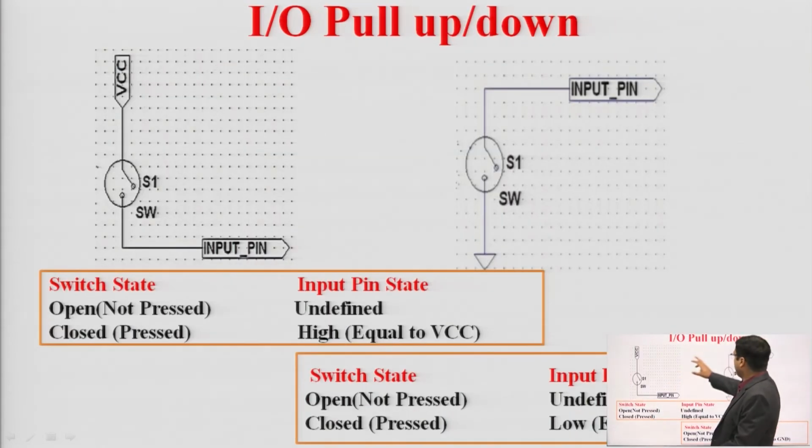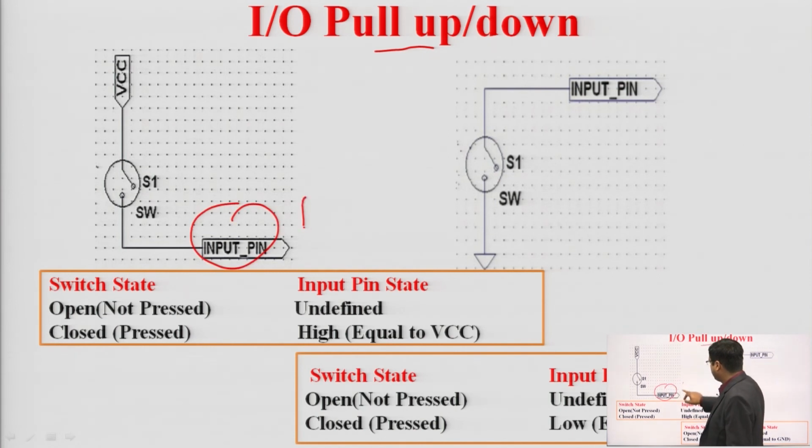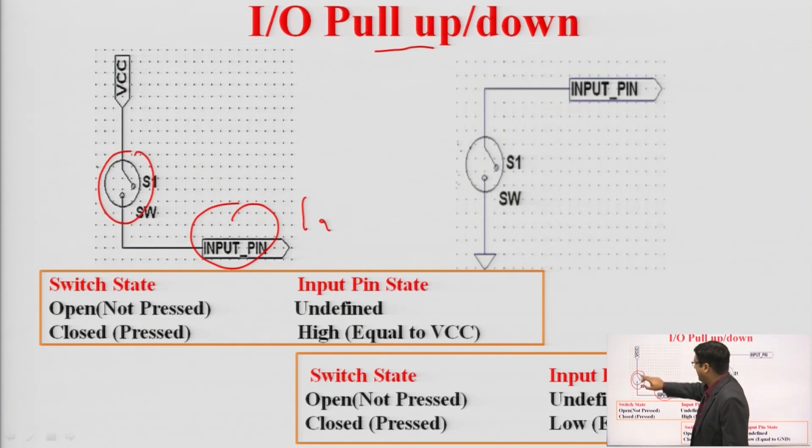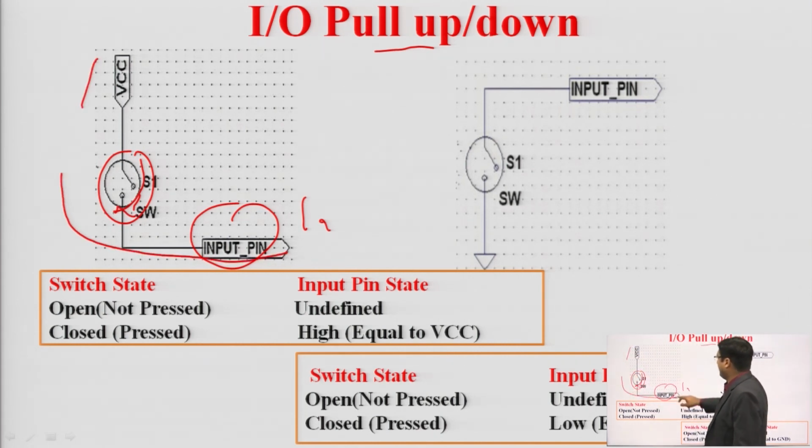So in the last slide we will see the concept of the input output pull up down register. What is the meaning of input output pull up down? Pull up or down registers are used to change the status of the particular microcontroller pin. Here we can see that there is an input pin, it is available as either a 1 or 0, and there is a switch available. If we open the switch, then the input pin is in an undefined state. We cannot tell the status of the input pin. If this switch is closed, then 1 is available to the input pin. VCC means 1 and VSS means ground.